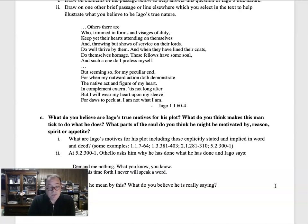And that includes what he says. And we have to remember that not only does he deceive and misrepresent himself to other characters, but that any word he might say is suspect. What we have here is a character who acts. He does things. He clearly, in his actions, brings about the downfall of these characters. But we have to also understand that the words he uses to describe the intentions behind those actions is less than clear. And this is made